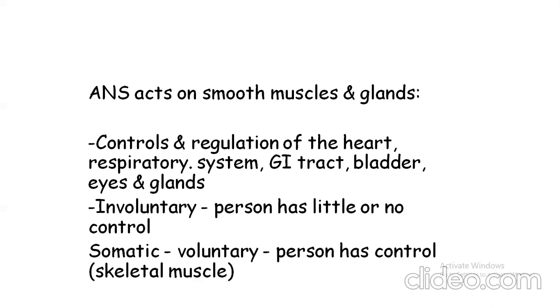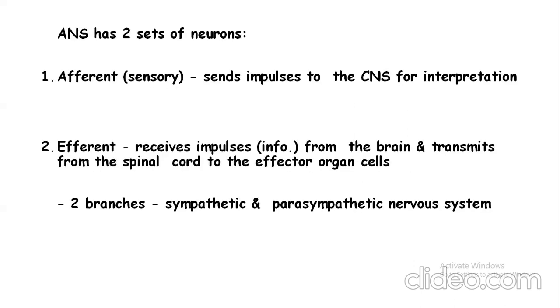Now, next one is the somatic, which is also called the voluntary. In that, a person has control of the skeletal muscle. Now, the autonomic nervous system has two sets of neurons. First one is the afferent, which is also called sensory, and second one is the efferent, which is also called motor. Afferent neurons send the impulses to the central nervous system for interpretation. Next one is the efferent. They receive the impulses or information from the brain and transmit from the spinal cord to the effector organ